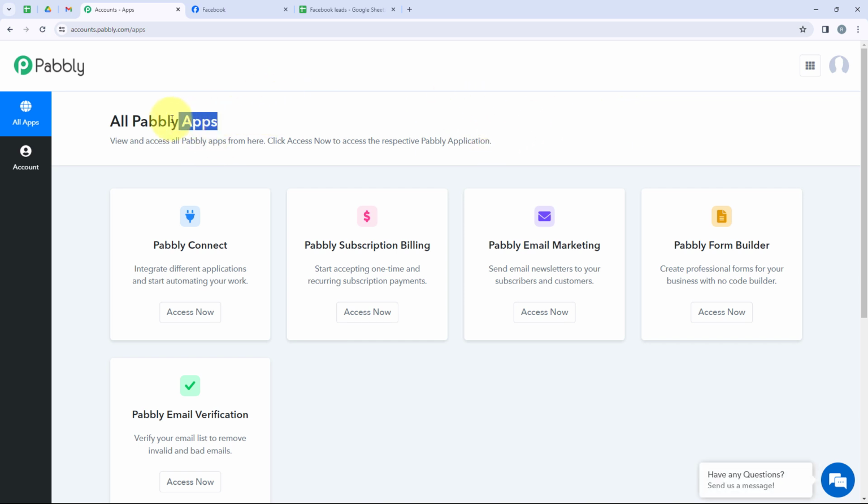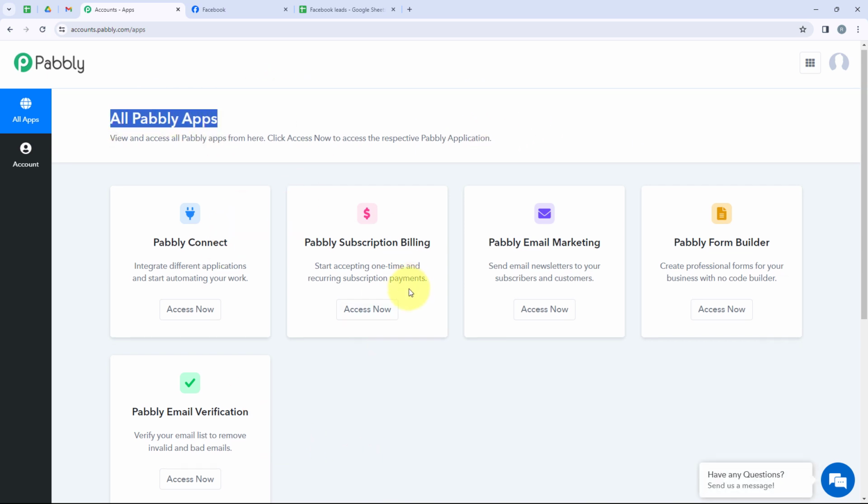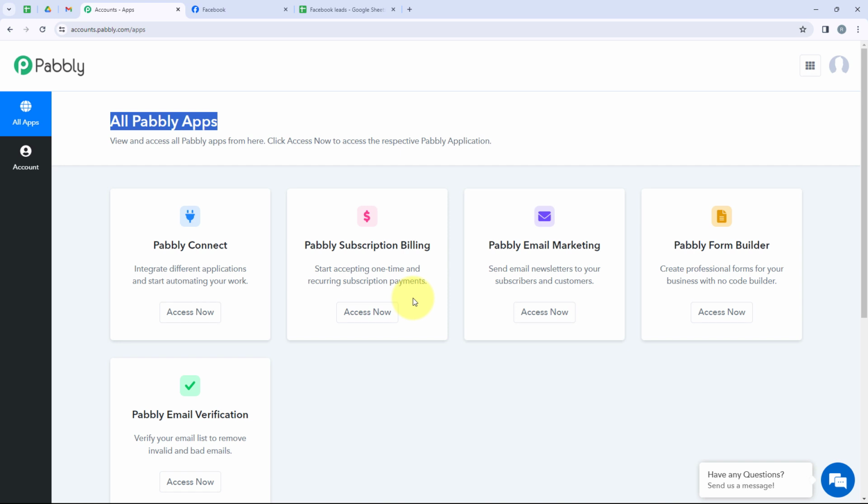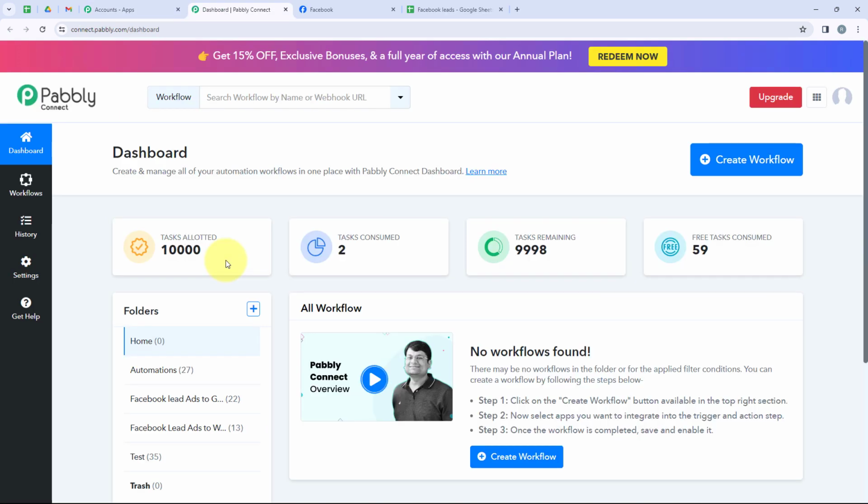And now it is opening all Pabbly apps. Over here you can see all the tools and applications offered by Pabbly. But in today's video we are going to use Pabbly Connect because we want to connect two applications, that is Facebook lead ads and Google Sheets. So now we are going to click on access now. And yes, you can see that we have successfully opened our dashboard,